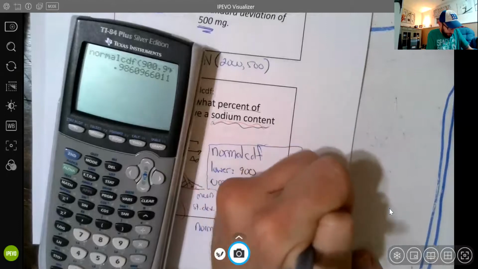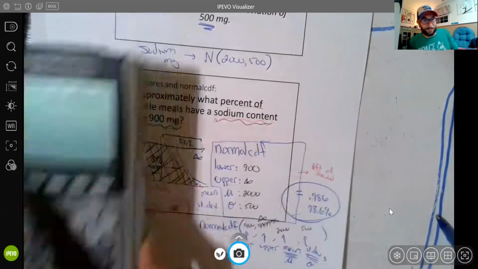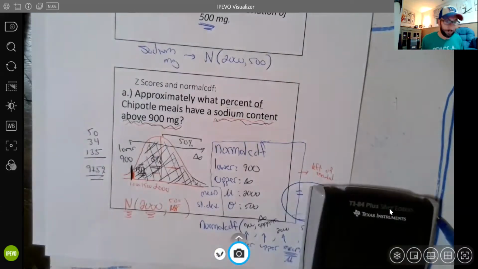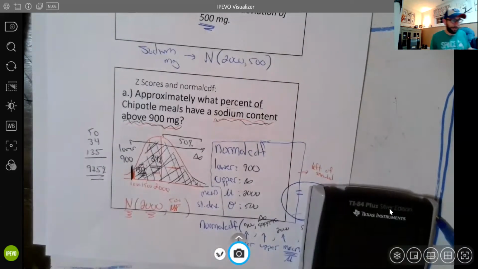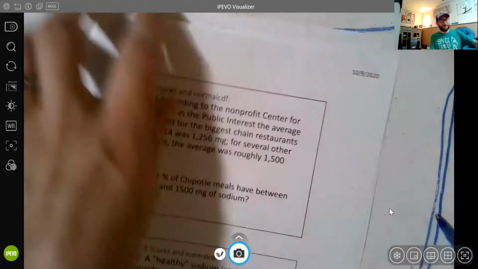0.986, but it did ask for a percent in the question, so 98.6%. So pretty much all the Chipotle meals have sodium content above 900 milligrams. One down, 2 to go. Next up,